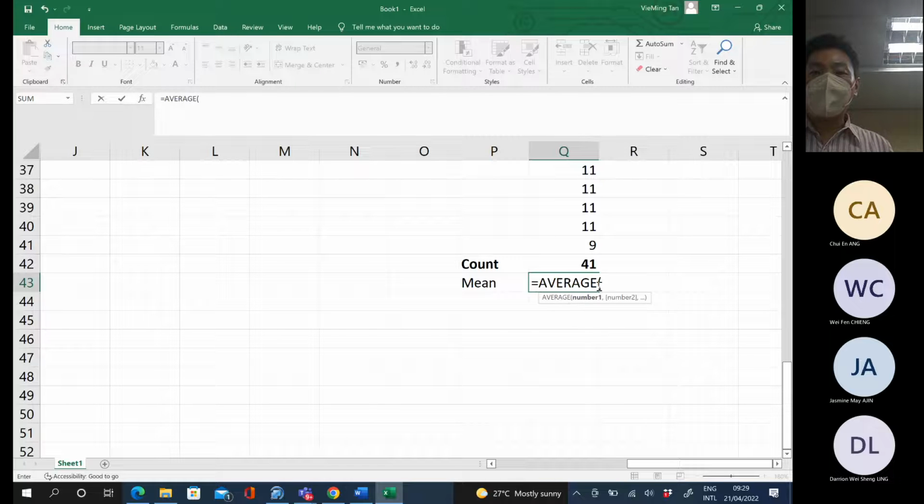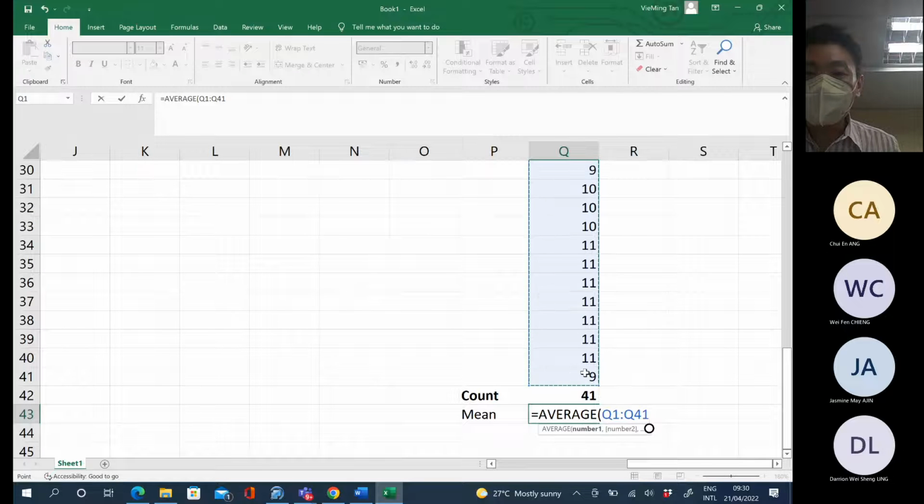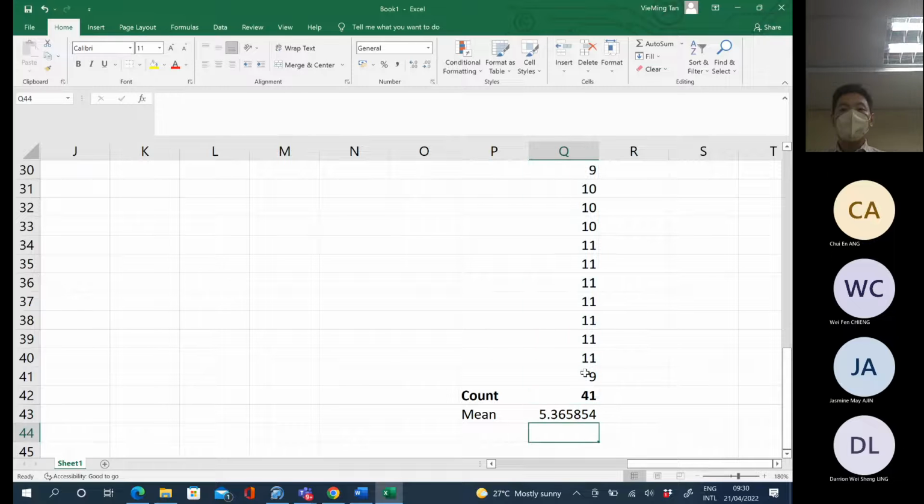Okay, you have to add the numbers in. You have to select what are the data you have. So we need to select this 41 data until here, until 9. Then put a close bracket. You have to press shift button at the same time. Shift and then the close bracket. Okay, then press enter. So answer is about